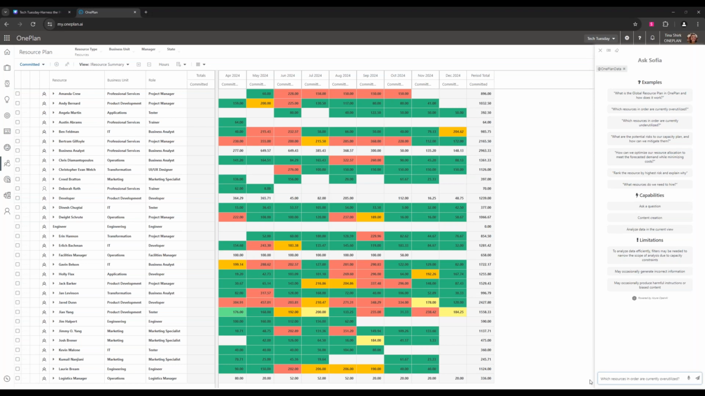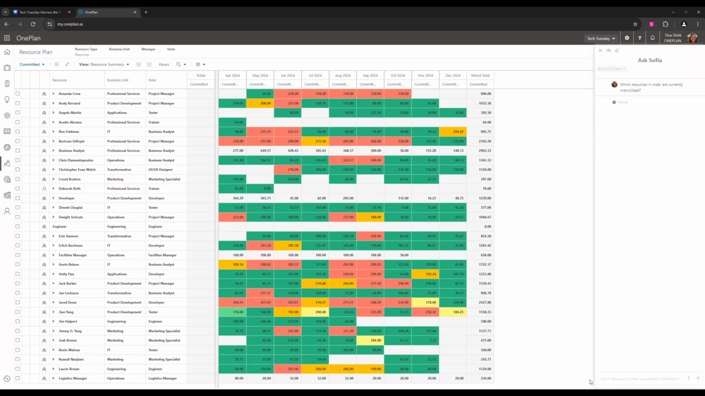So we're going to ask Sophia which resources in order are currently overutilized. So we'll click enter on my keyboard here. And it's going to take a look and filter through all of this data that's a bit visible on the screen here. And it's going to be able to give us a list in order of our overutilized resources. It's going to take a minute because there's a lot of data here. But while she's thinking,